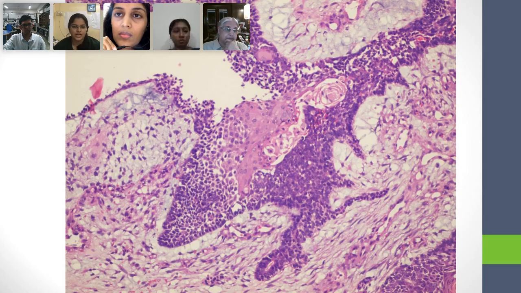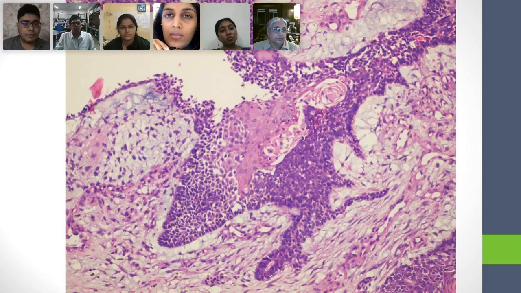Because the cells at the edge are parallel to each other and perpendicular to the surface. So there is a surface, and this is the basement membrane. And then these cells are all columnar, and they're parallel to each other, but they're perpendicular to the surface. You can use that word palisade for many things, including palisades in spindle cell tumors, where you have a bundle that is running, and all of the nuclei are parallel to one another, but perpendicular to the direction in which that bundle is running. Very good. And also you have these little cords of cells that seem to protrude from the basement membrane.